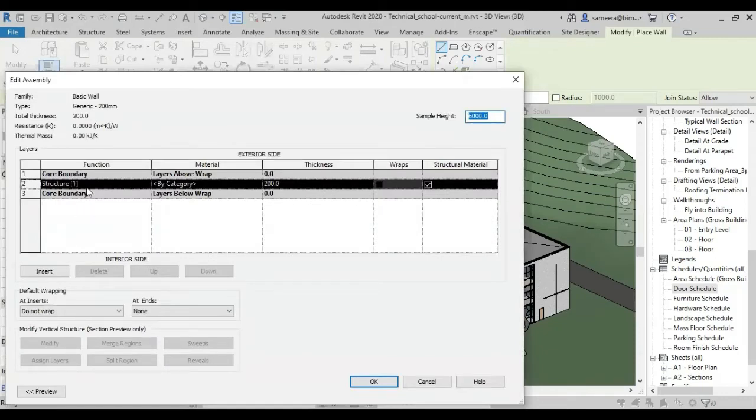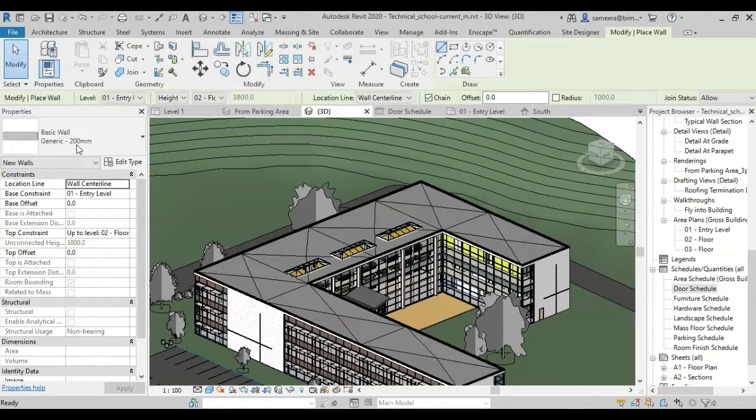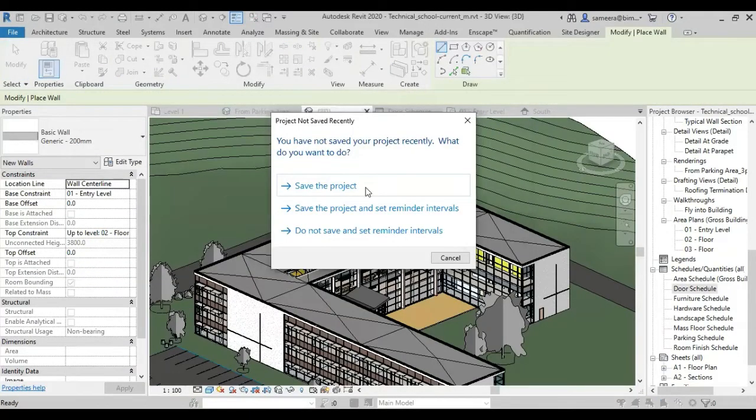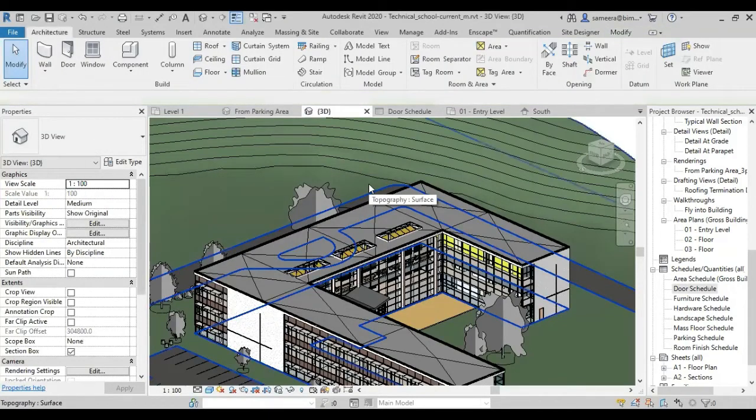Then you can add layers, you can add thickness, you can give material. So these things can be done. We are going to create system families like this, right? There is no family template for creating a system family. We need to create it directly from the project interface itself. But we do have options like transferring project standards, if we need to transfer a system family that you created in one project into another one.